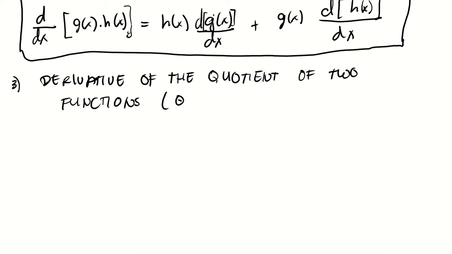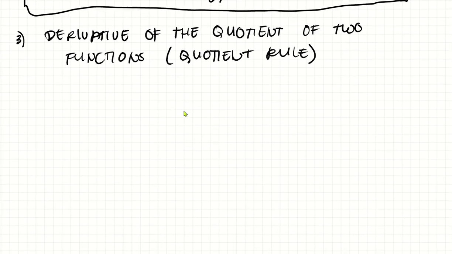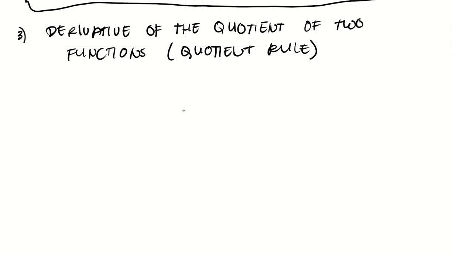And we call this one the quotient rule. So we can derive it again using our method from the previous number 2. Here we let again f of x be equal to the quotient of two functions, g of x